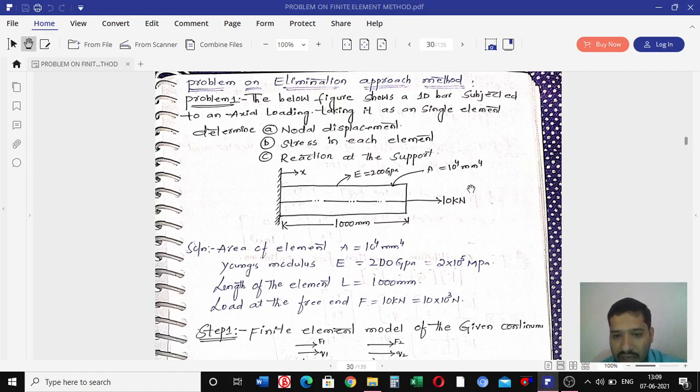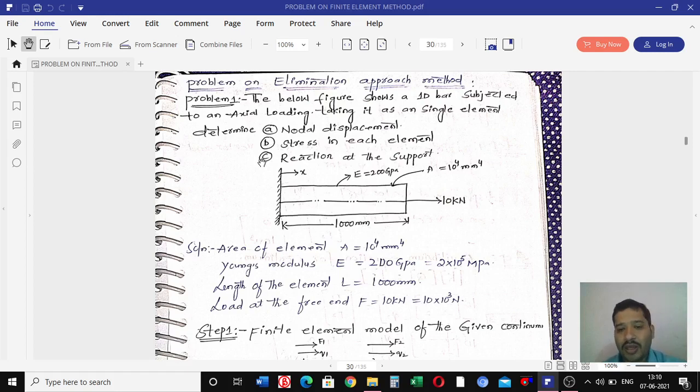Here the axial load of 10 kilonewton is acting at the free end. In this case we need to determine the nodal displacements, the stresses in each element, and the third thing we need to determine in this problem is the reaction at the